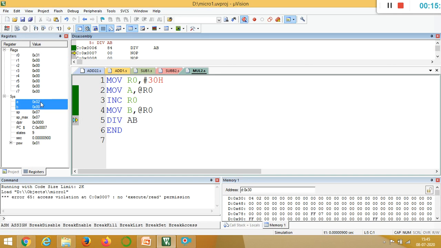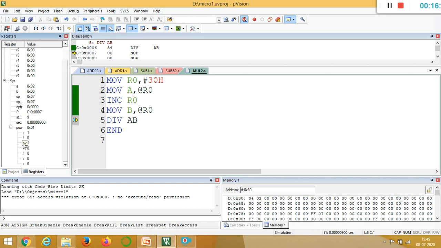So after the division, you are going to get the result in terms of quotient and remainder. Quotient value is going to be stored in A register and remainder value is going to be stored in B register. Okay, so the quotient is 2 here and the remainder is 0. So you are going to see the quotient value in A register and 0, 0, that is the remainder value which is present in B register. Along with this, you can see the overflow. So overflow is 0 here because the value is not greater than FF.